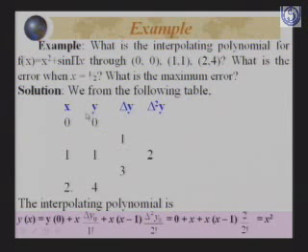y naught, the first value, is 0, so 0 plus x, and del y naught is 1, so 1 upon 1 factorial will be 1, so it is 1 plus x. Similarly x into (x minus 1), 2 upon 2 factorial, will turn out to be x square, and the degree is 2. So again you can monitor that the degree is 2, the second order is there,